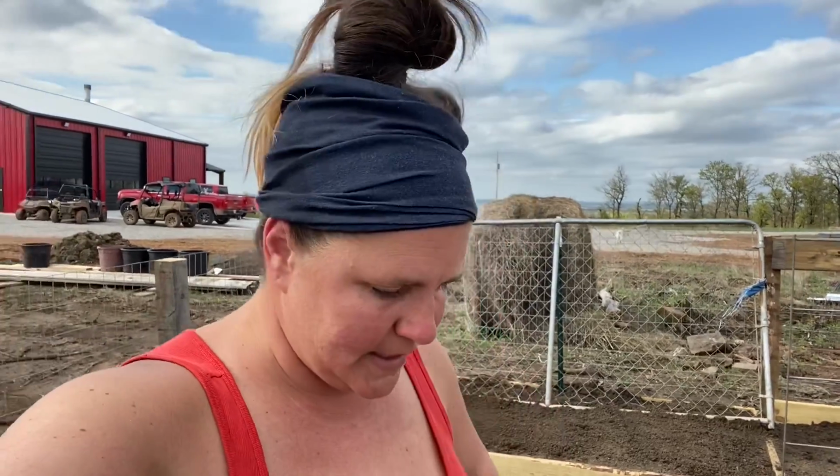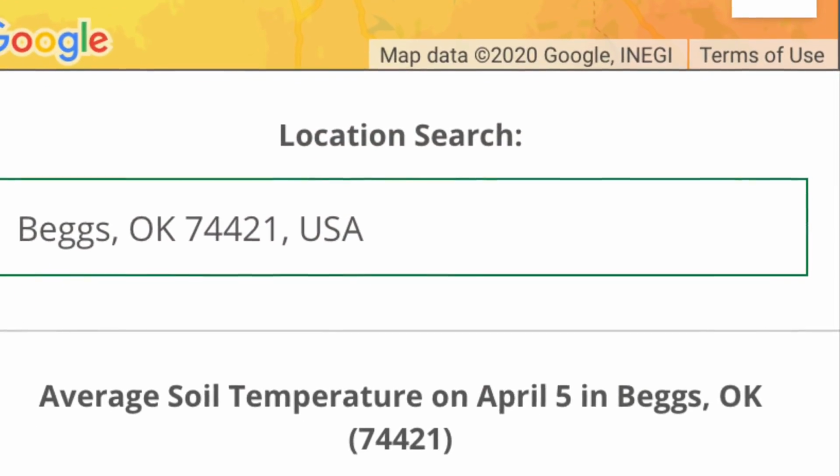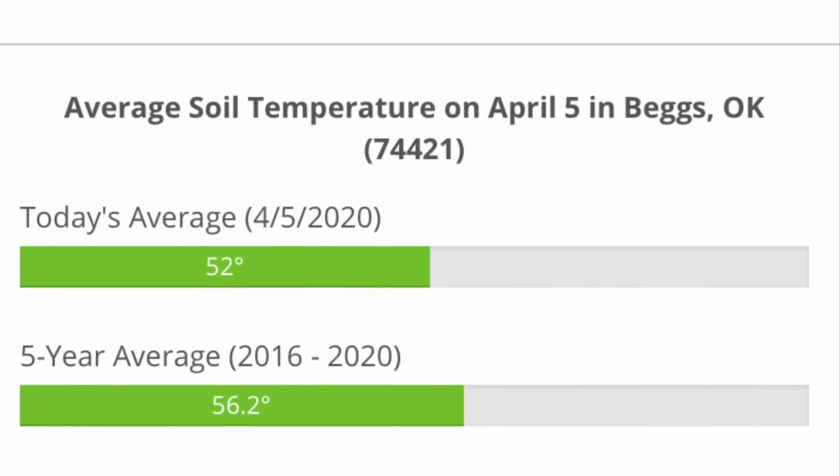So there is about 11 days left. Today is the 5th. 11 days left until, in 7A, our last frost date is April 15th. So I looked at the forecast. It looks really good. I looked at the soil temperatures. They look really good for the next 10 days. I don't have the 11-day forecast, but I'm pretty confident that if I put seeds in the ground, I'm going